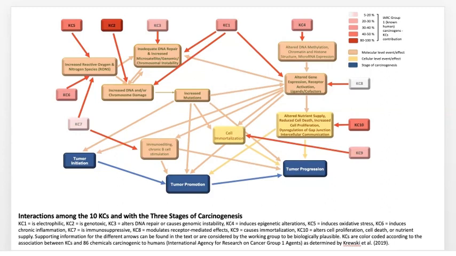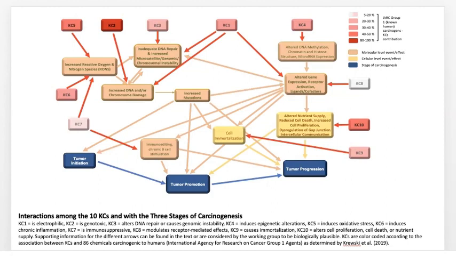If you look in the upper right, it says known human carcinogens group 1, and the extent to which a different KC was involved in those particular carcinogens is noted. This is from a paper by Krusky et al., published in 2019, where out of 86, if I remember correctly, 86 chemical carcinogens, 85 of them had positive gene tox data. So that's the one that shows the deepest red, and the one with the lowest amount of data was KC8, which is modulate receptor mediated effects.